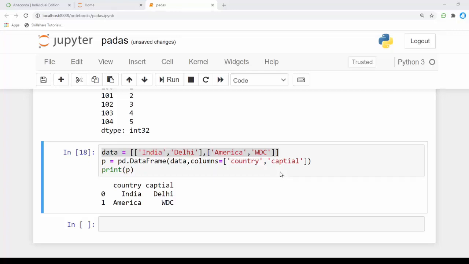Another way of creating data frames is that I'm going to pass a dictionary here. I'm going to create an array type of thing. I'm going to create a variable called name.